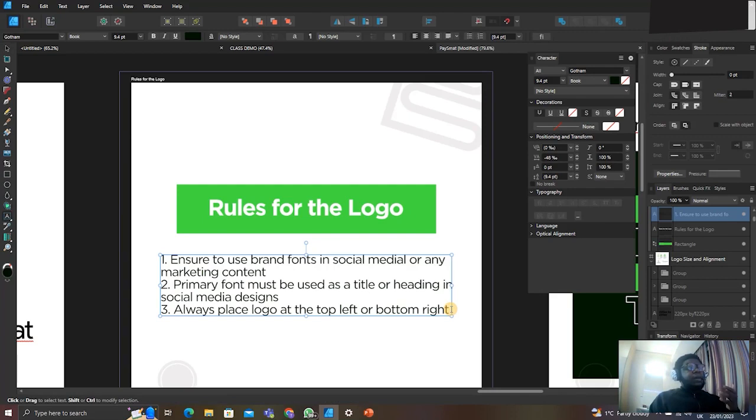Always place the logo at the top left or bottom right. Some people will say, always place the logo at the center, bottom center or top center of any marketing material, depending on what they want. Now there are plenty of other rules too. For example, you can set a rule saying something like, ensure